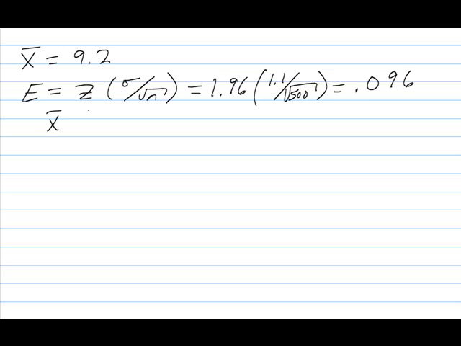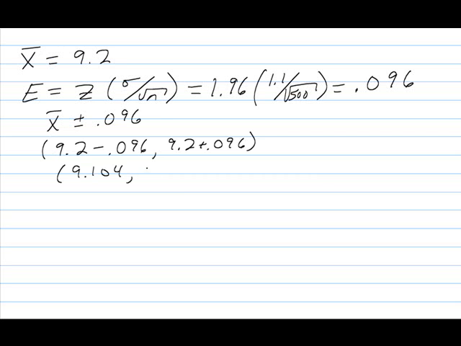So then we can take our point estimate x bar and we can add and subtract this 0.096, or this error tolerance. So we take 9.2 plus or minus 0.096. So 9.2 minus 0.096 and 9.2 plus 0.096. That gives us our interval of 9.104 to 9.296 ounces. So therefore, we are 95% confident